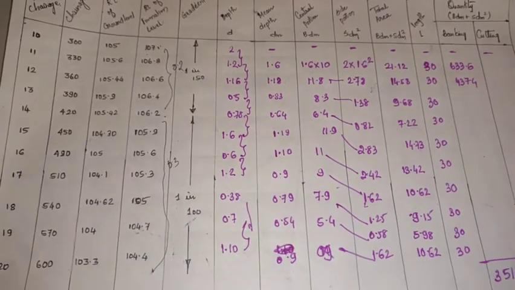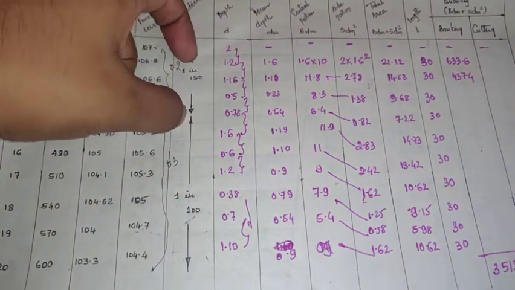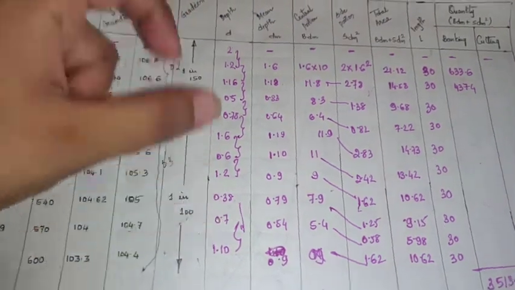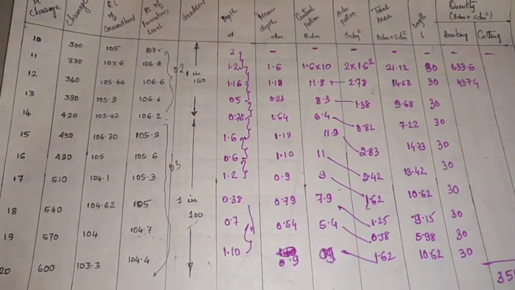This problem is a bit simple because your quantity calculation was with respect to only banking here. It did not involve the combination of both banking and cutting, which will be a bit tricky. The only tricky part is you have to be very aware when you are writing the depth with respect to banking and cutting. The combinations of problems you may get are two different gradients, one may be a falling gradient, one may be a rising gradient. Along with that, you will be getting depths in cutting and banking. Those are the variations you will get. Hope you are clear with the problems.